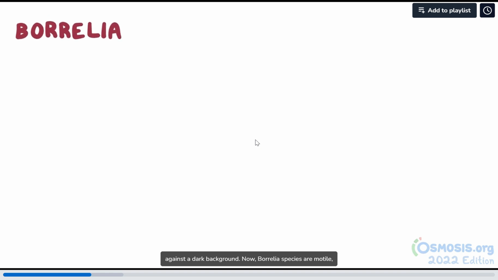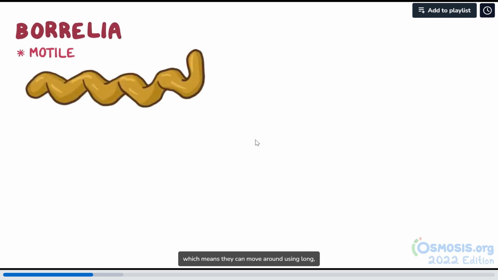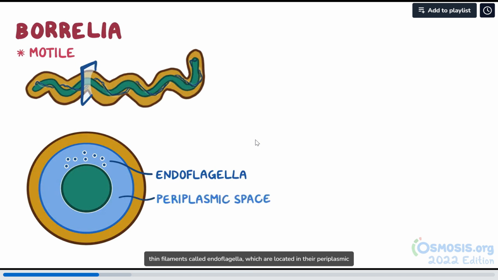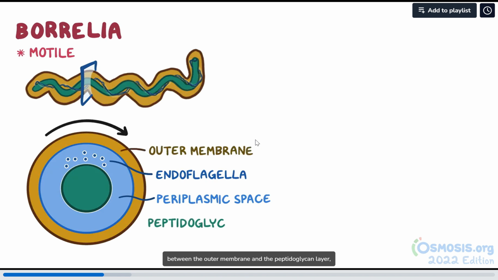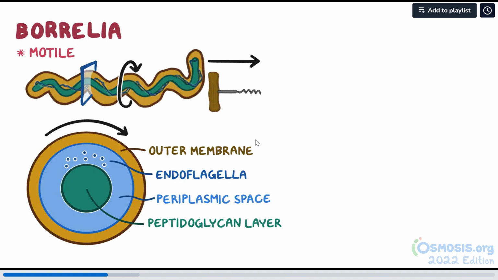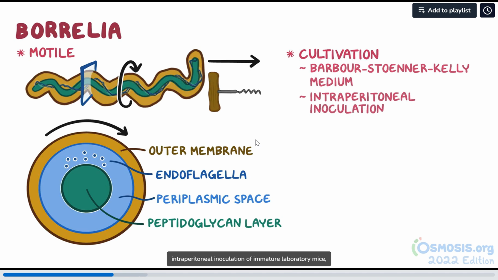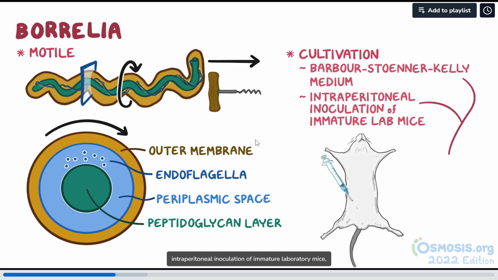Now, Borrelia species are motile, which means they can move around using long, thin filaments called endoflagella, which are located in their periplasmic space. The filaments rotate in this space between the outer membrane and the peptidoglycan layer, propelling the bacterium forward in a corkscrew-like motion. Finally, the bacteria can be cultivated on Barber-Stoner-Kelly medium or by intraperitoneal inoculation of immature laboratory mice, but these tests